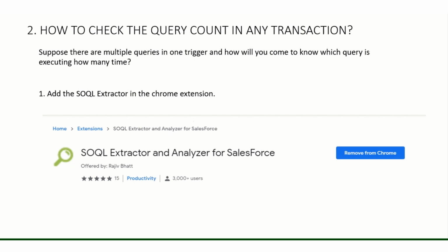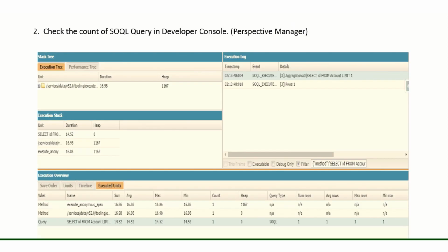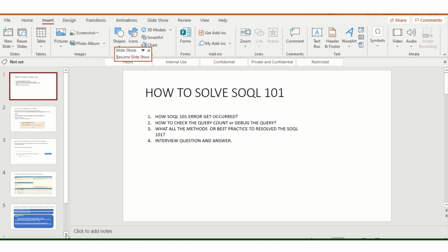The first is to add the SOQL extractor in your Chrome browser and extract it from there, which gives you the count against each SOQL query. The second is provided by Salesforce in the developer console. Let me show you this one because it is widely used.